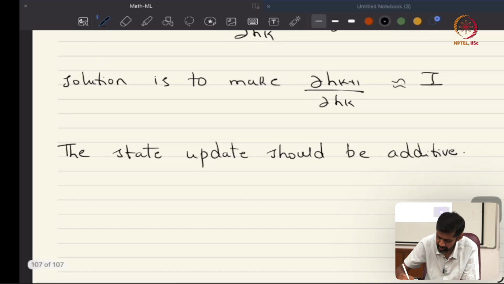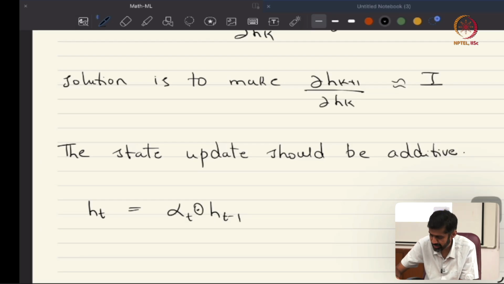How do we do that? Make ht equal to some alpha t times ht minus 1. Actually, I'll write it as Hadamard product here, element wise multiplication, because alpha t and ht minus 1 are both vectors. I'll multiply each of the elements by a different value, beta t times ht tilde, where